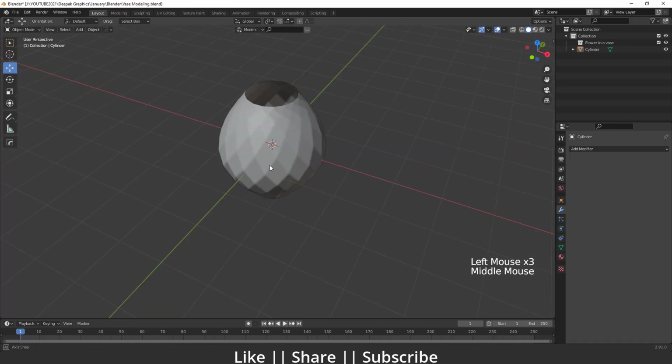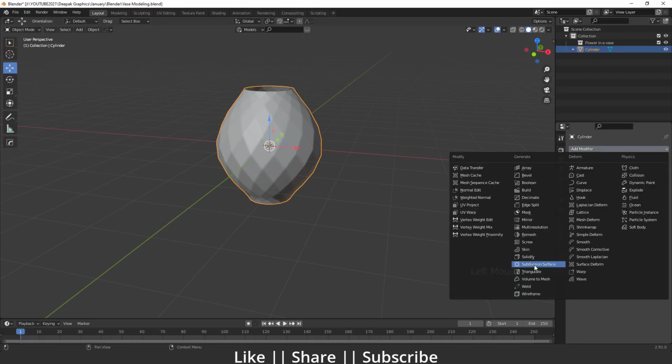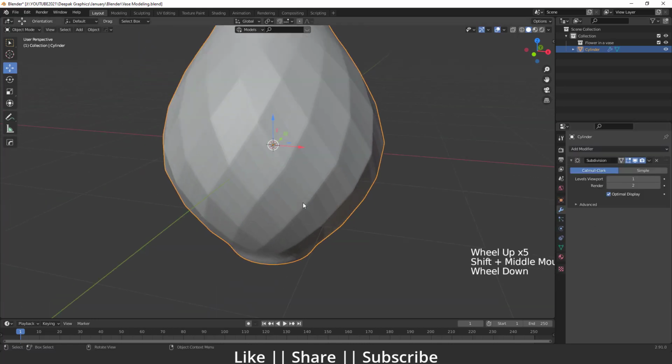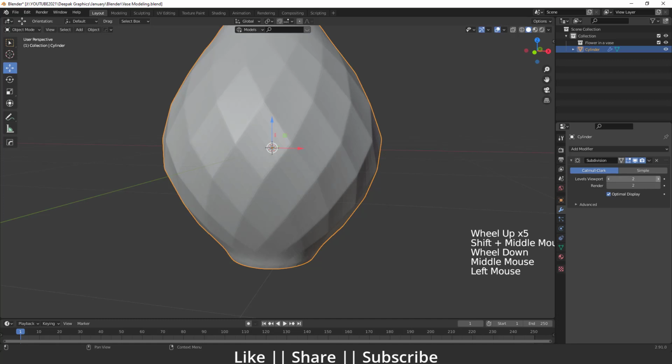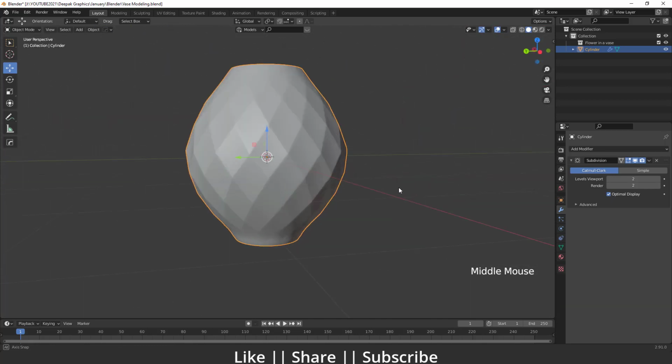Here you can see, and then I'm just going to add the subdivision surface modifier, so we will get the extra smoothness in our product, in our vase. So I'm just going to add it here. Okay, and then I'm just going to increase the viewport level to 2 here, and then I'm just going to right click, and here I will do shade smooth as well, so we will get this shape here, and that looks